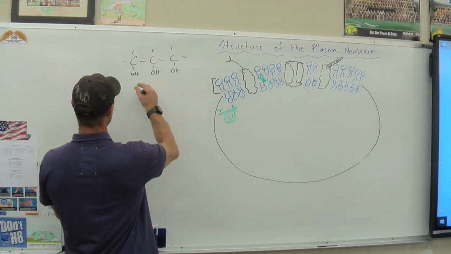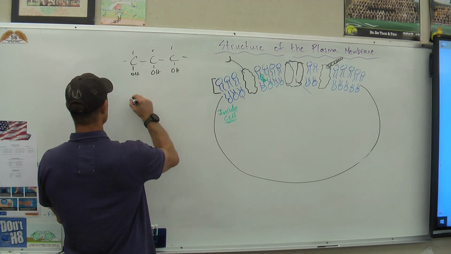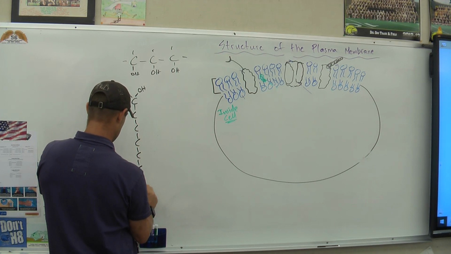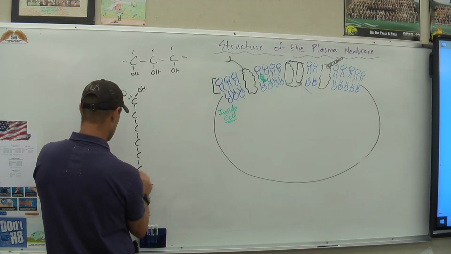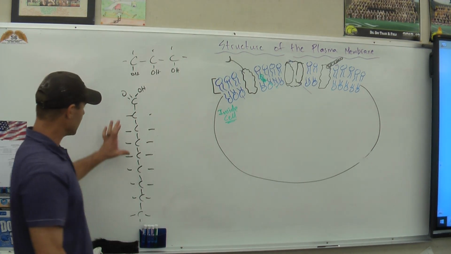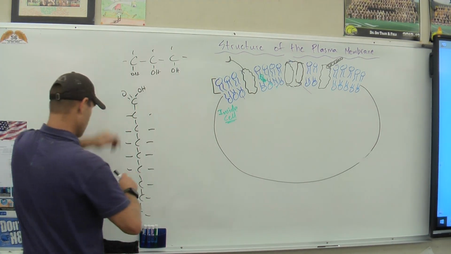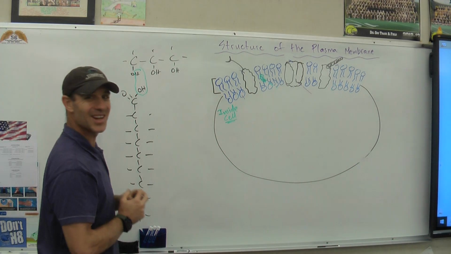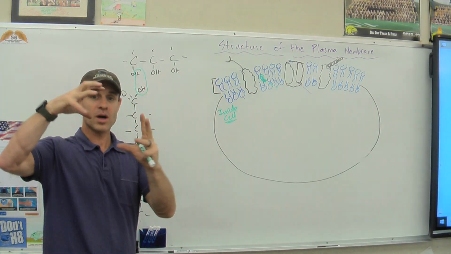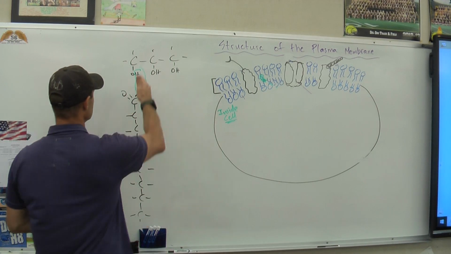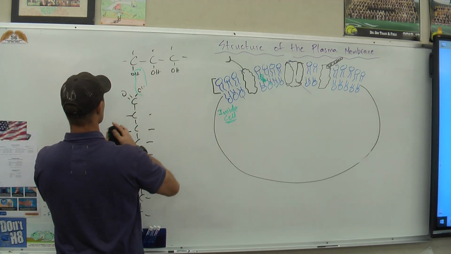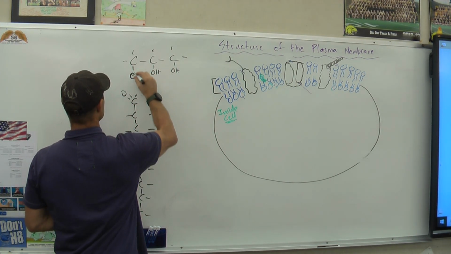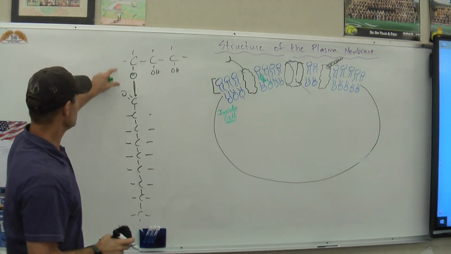Well, then we talked about how you could take a fatty acid chain that had a double bonded oxygen and an OH group, and then a long series of carbons down here, and you could link this fatty acid chain to this glycerol by removing a water molecule. We called it a condensation reaction because the water would be a byproduct of the reaction. So you separate that OH group and that hydrogen, that water molecule, and you get this oxygen now bonded to that carbon,